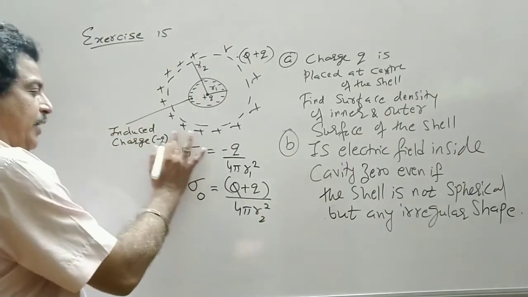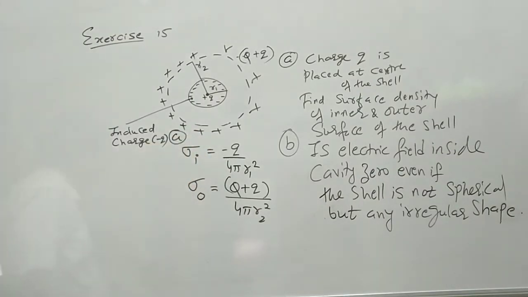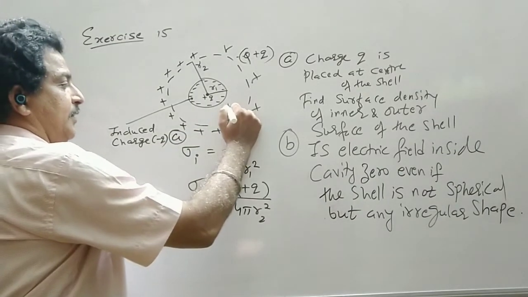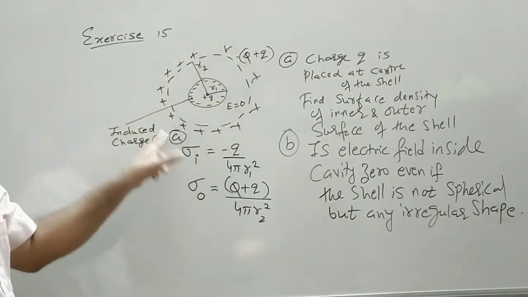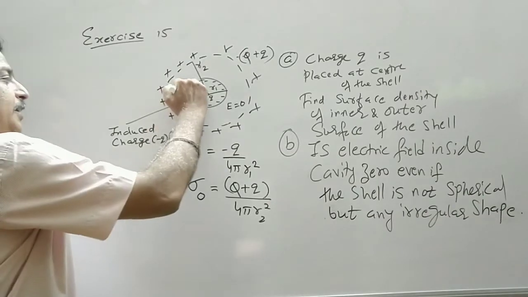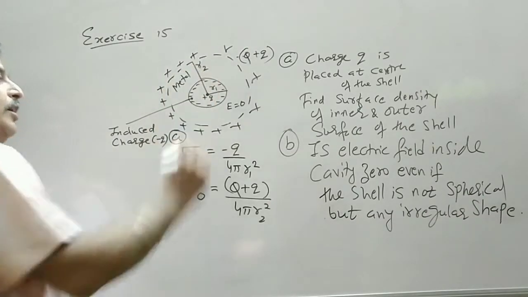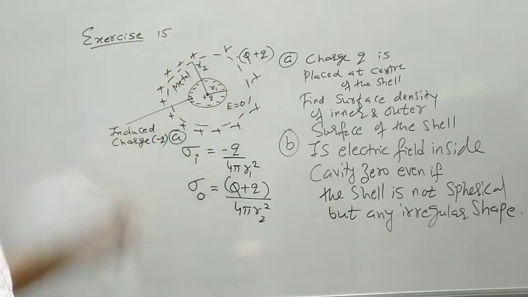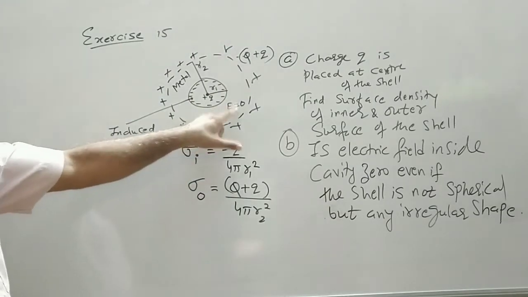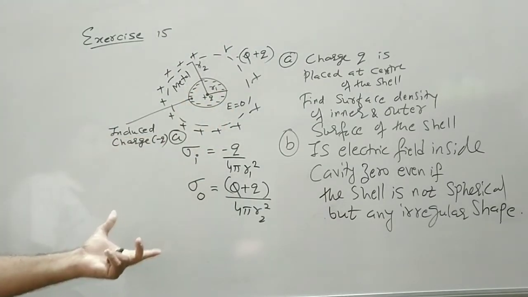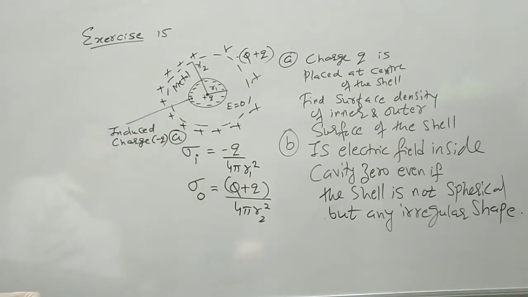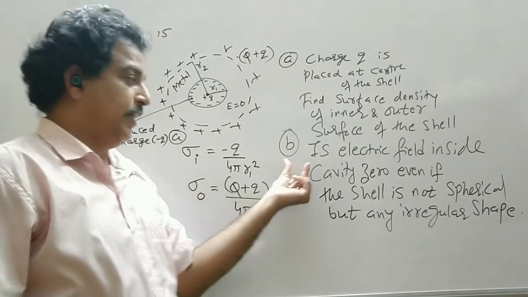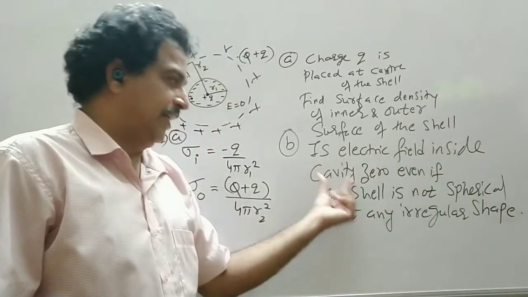So this is the A part of the question. Here, this is the electric field intensity inside the metallic sphere. We consider this as a metallic portion, a hollow sphere. It is a spherical shell. So E becomes 0 here. And the electric field intensity inside the cavity will also be 0 if it consists of an equal number of positive and negative charges. Now the next question is: is the electric field inside the cavity 0